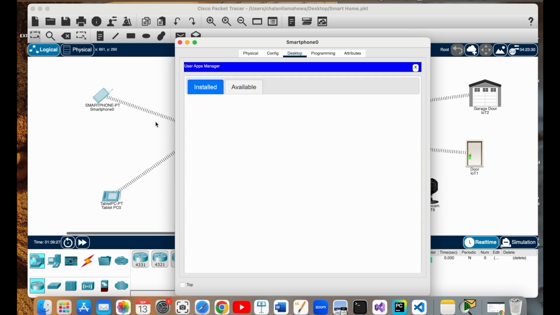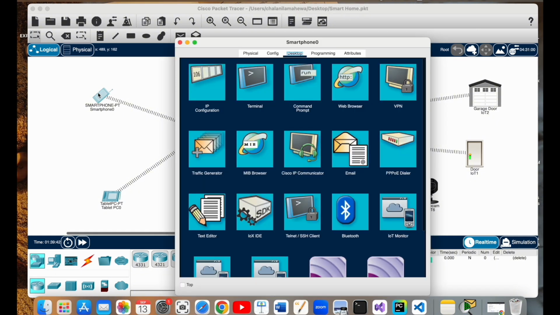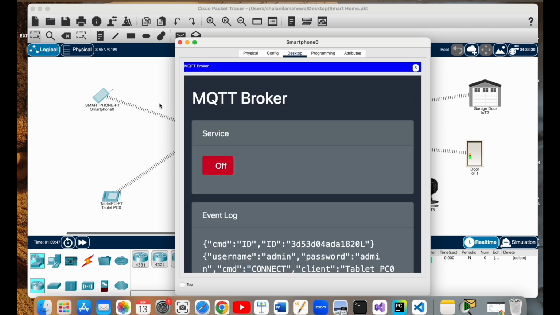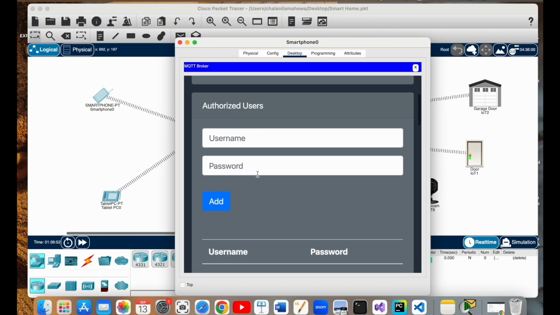If you go to the user apps manager in the device where we want to install MQTT, we can go to the available apps. You can see I have already installed the MQTT broker and MQTT client. And now if I go to the MQTT broker and I want the smartphone to be the MQTT broker, and then I turn the service on,